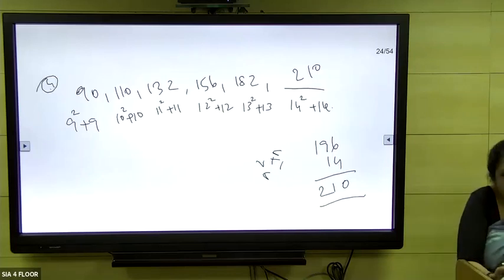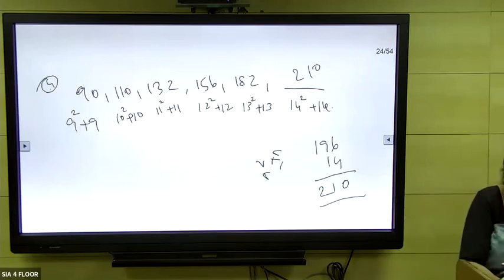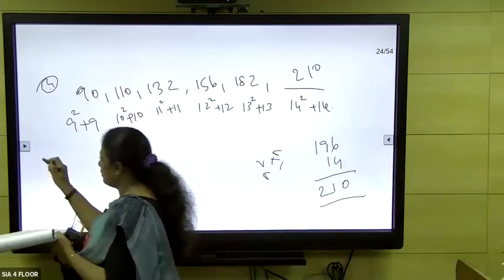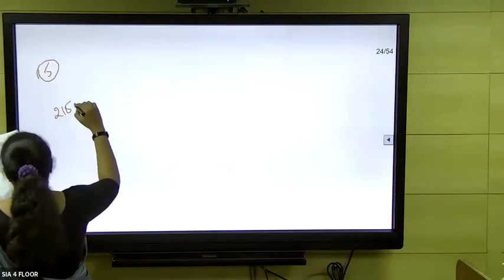If you find any numbers which are nearer to a cube, then you have to give it a try like this. It can be either plus or minus 1, or plus n, minus n. Since it's understandable for you, I don't have to explain the cube part too much, because that's not going to come most of the time. See the fifth one. First, see how the values are progressing, whether it's an increase or decrease.